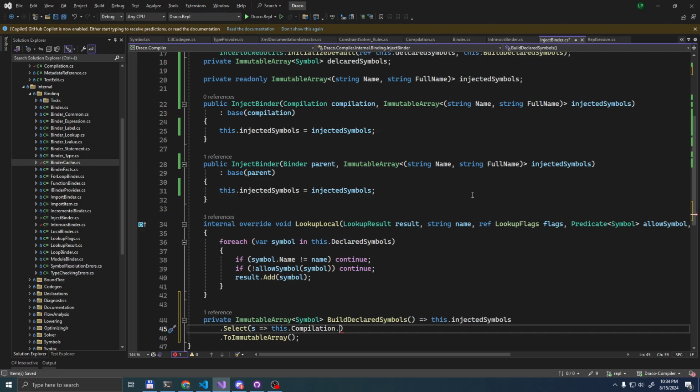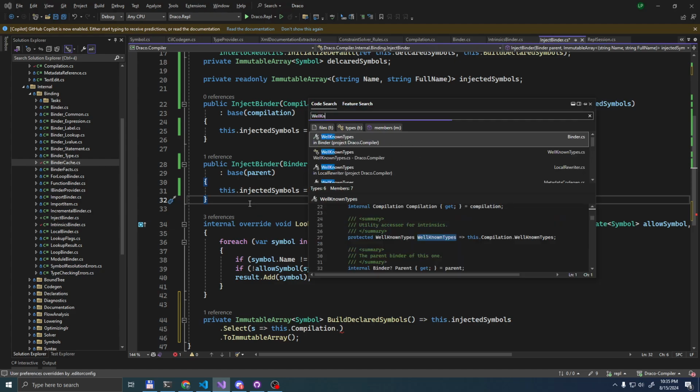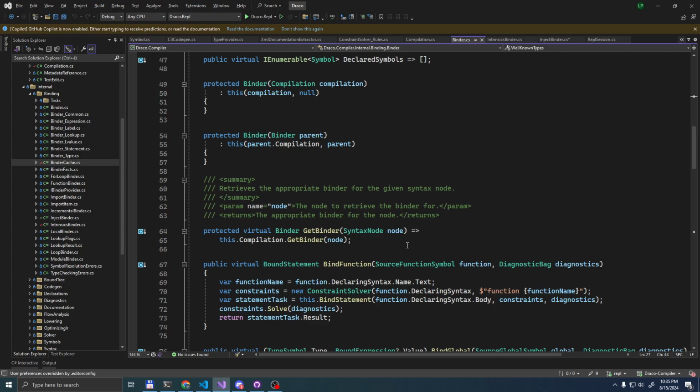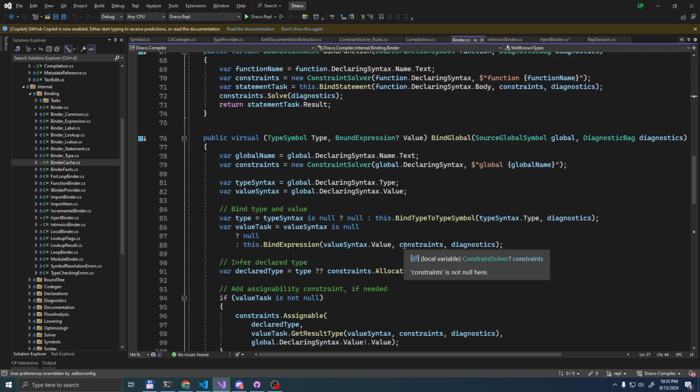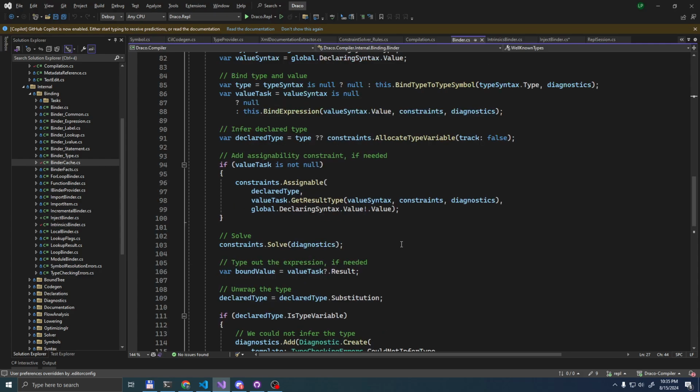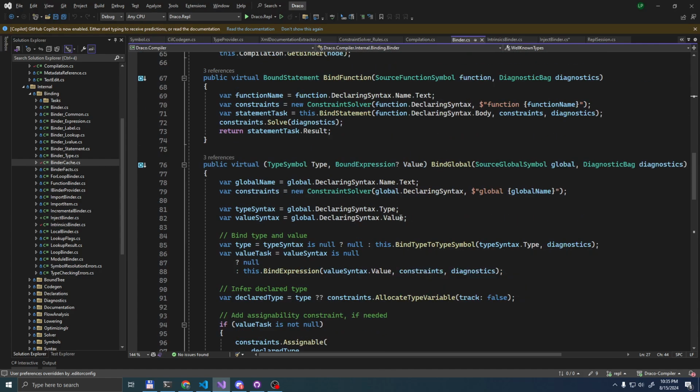Do we have a way to look up a symbol? Oof. I think we should. I think we should have ways to look up the symbol. I just have no idea where that is. I thought it was on well-known types, but apparently it's not. Wait, this is binder.